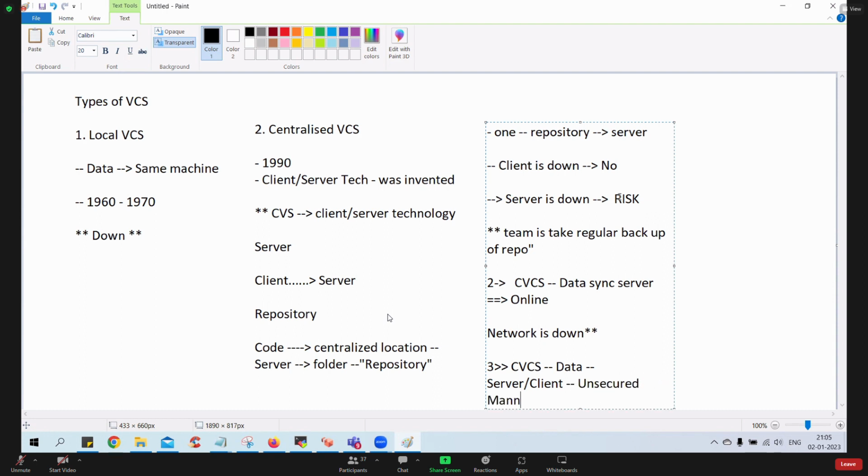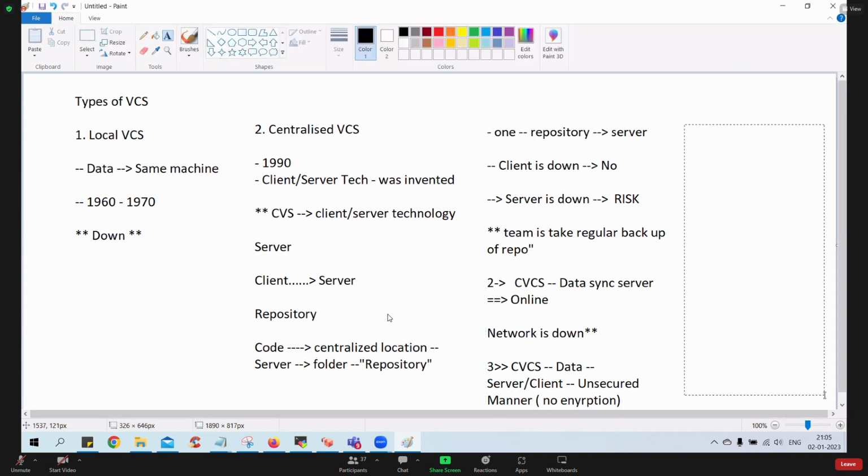These are all the concerns, guys. Unsecured manner means unprotected. So the data is traveling from your place to the remote server side entirely in an unsecured manner, with no encryption. That means no encryption technique. So these are all the challenges. No encryption is happening here. Clear? And the fourth point of concern is